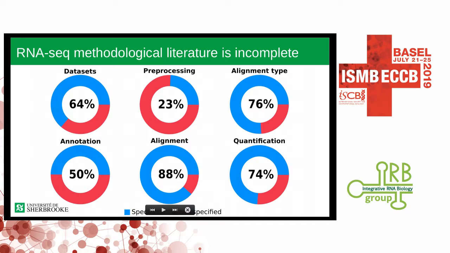We can also see that some steps are better specified than others, mainly alignment and quantification, while others are worse, like pre-processing and annotation. But the key question is, does it really matter? If annotation and pre-processing do not have any impact on the final quantification, then it would be a loss of time and effort to try to raise these numbers. But if they do have an impact, then we should worry about these low numbers